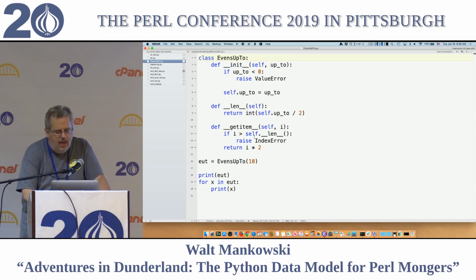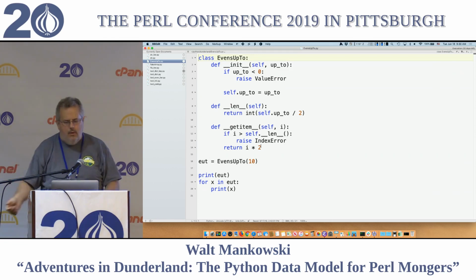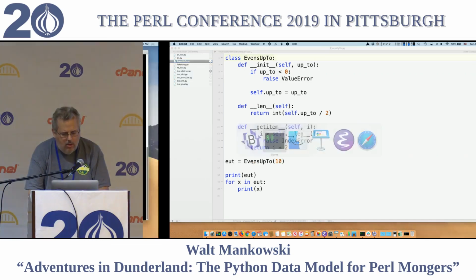And then get item is a little trickier. So if I'm past the length, then I return an index error. Index error means you try to read past the end of an array. Otherwise, I'm going to return I times 2. And if I print this out, now,